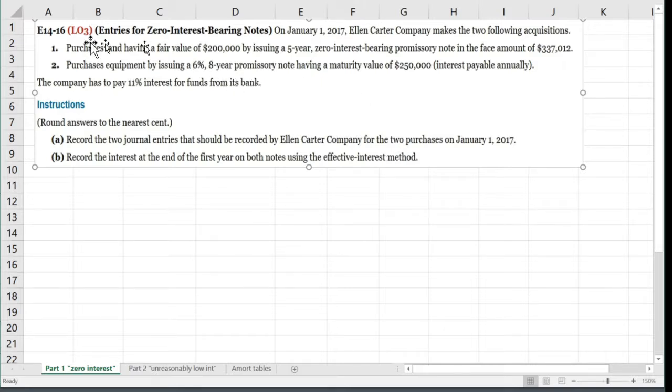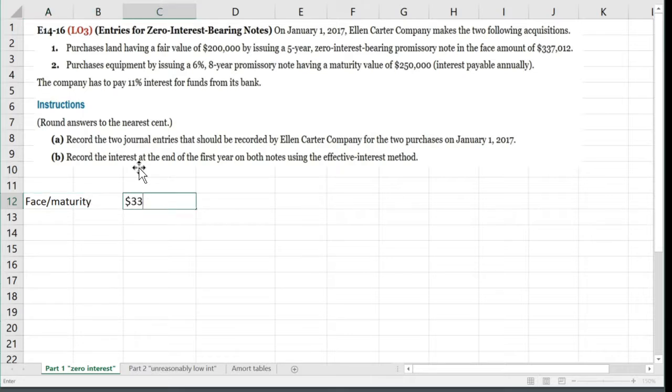So let's take this first thing. We purchased land having a fair value of $200,000. In 5 years, we're going to make a lump sum payment of $337,012. So where does this number come from? Well, if we take our present value tables, we can calculate the relationship between the 200,000 and the 337. So our face or maturity amount